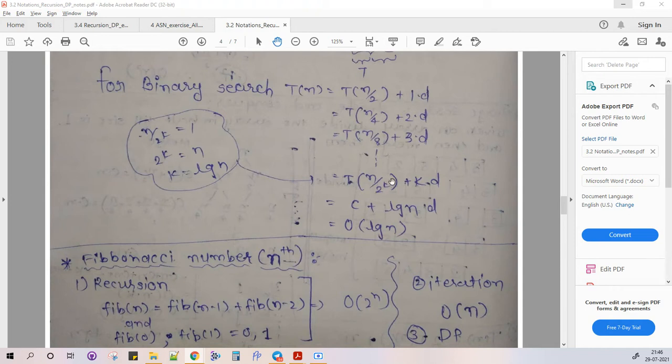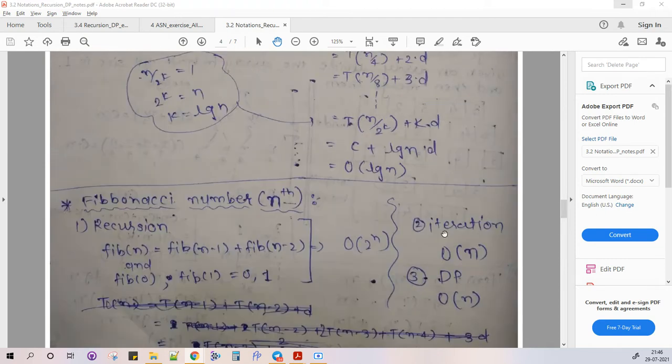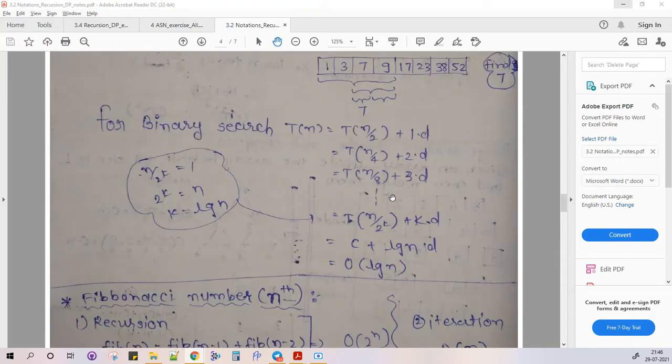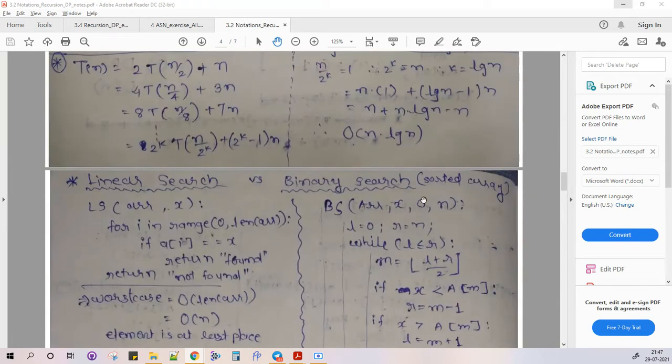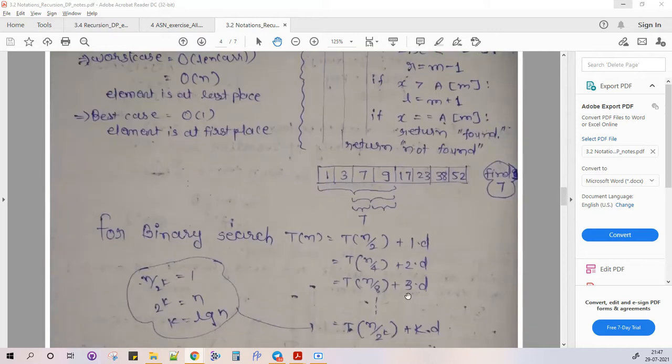So I put all the values here. T(1) is nothing but c, and k equal to log n times d. So it is nothing but order of log n, right? I'm not going into much detail because we solved very tough, geometric progression based numericals also. So this is like a toy example. This is one problem that we have: we can solve linear search using binary search with log n time complexity